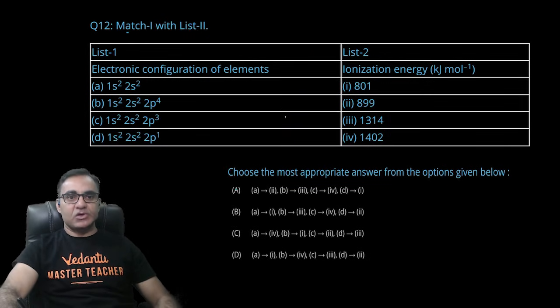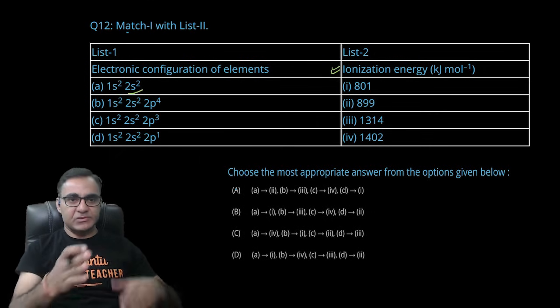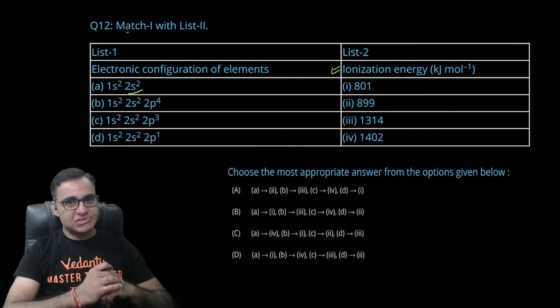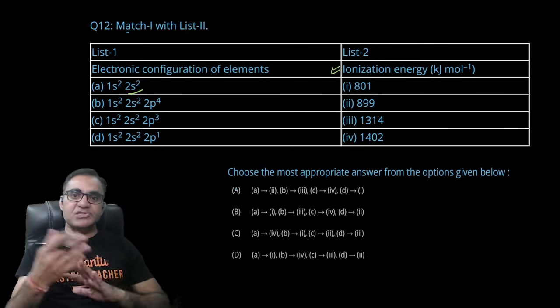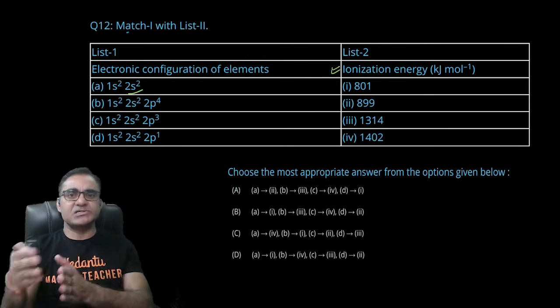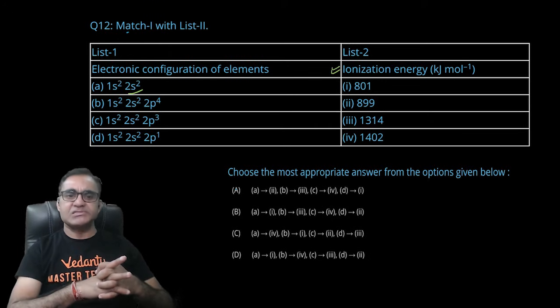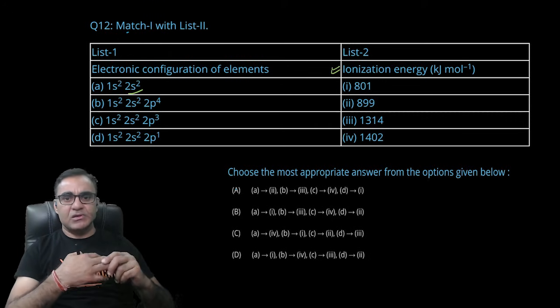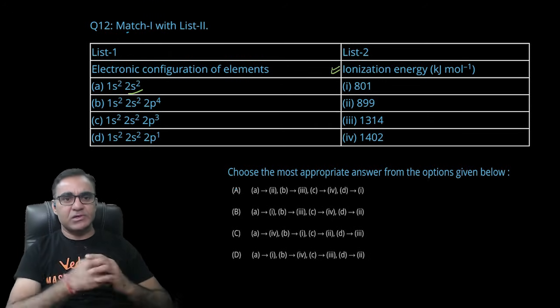मैच द लिस्ट 1 एंड 2, यहाँ पे आपको इलेक्ट्रॉनिक कन्फिगुरेशन दिया है, आयनाइजेशन एंथैल्पी दिया हुआ है, मैच करना है। देखो ये s2 इलेक्ट्रॉनिक कन्फिगुरेशन है, s2 कंप्लीटली फिल्ड सबशेल है, दो बातें यहाँ पे चलेंगी, एक तो लेफ्ट टू राइट जाने पर न्यूक्लियर चार्ज बढ़ने पर आयनाइजेशन एनर्जी बढ़ती है, लेकिन अगर कहीं बीच में कंप्लीटली फिल्ड या हाफ फिल्ड सबशेल आ जाता है, तो उसका आयनाइजेशन एनर्जी अपने एडजेसेंट एलिमेंट से, सेम पीरियड के एलिमेंट से ज्यादा हो जाता है, राइट। तो एक बात तो तय हो गई कि जो हाईएस्ट इलेक्ट्रॉनिक कन्फिगुरेशन है इसके अंदर, वो किसका